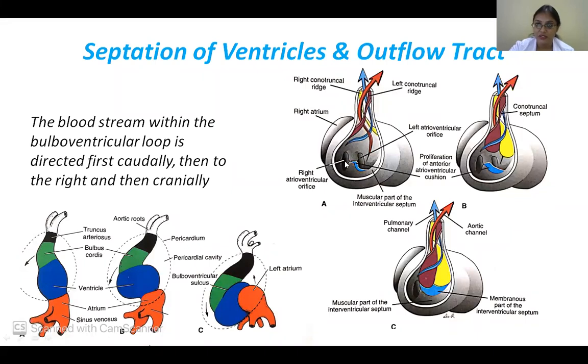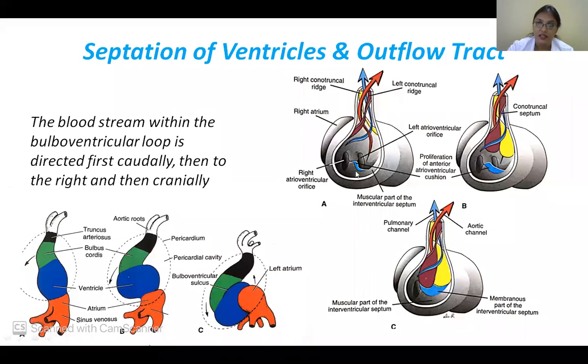Because of realignment, the two AV canals are looking into the respective chambers. As these two are expanding, the tissue between them comes to stand out, and you feel that the septum is growing. Actually, these are expanding more lower down, causing that to stand out more prominently, and that is called your muscular septum. The interventricular septum is formed of two components. One is a muscular component and the other is a membranous part. The muscular component is this.